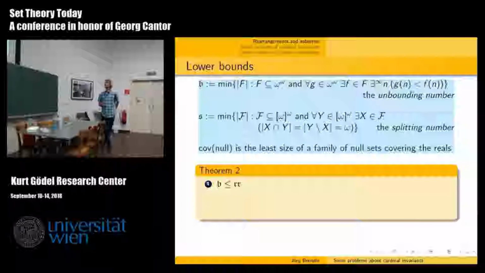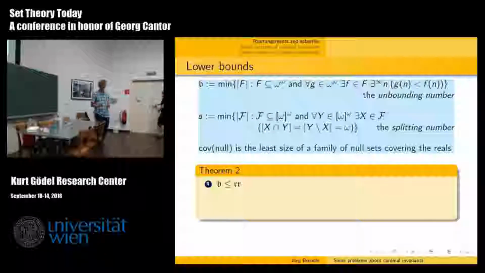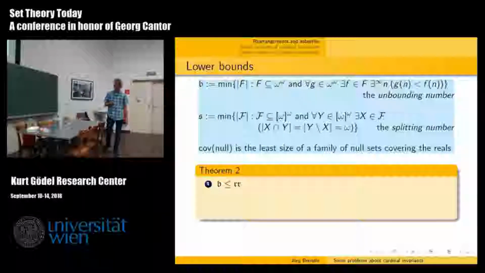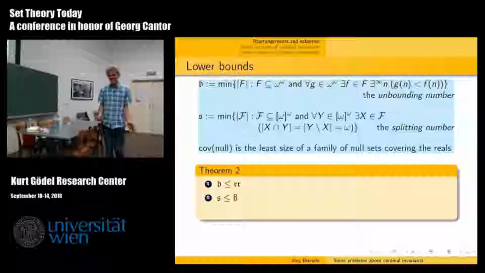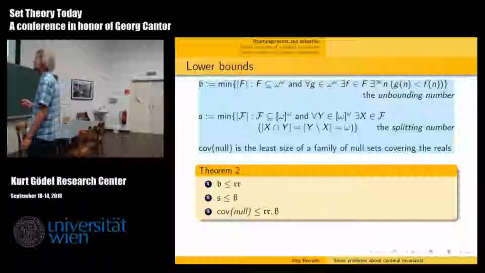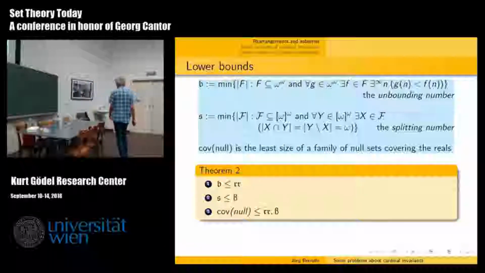Okay, and now we get lower bounds, but we have two cardinals, so this is a bit tricky. b is a lower bound for double R. The proof is actually not very difficult, but since I focus on open questions, let me not say anything about that. s is a lower bound of double S. So this looks funny because we have s and double S, but that's just an accident. I mean, there is no purpose. The last one is cov(N) is a lower bound for both, actually.